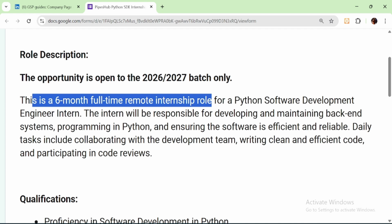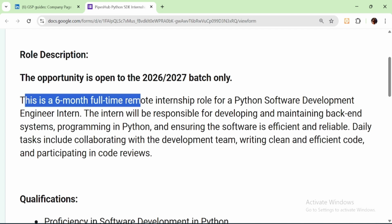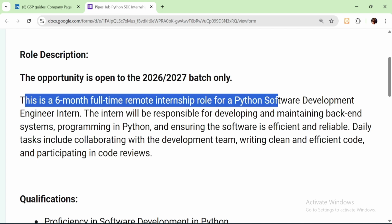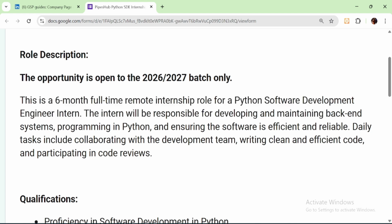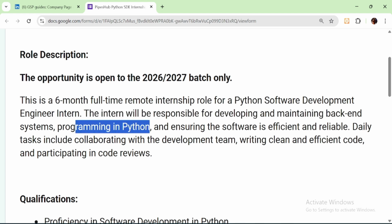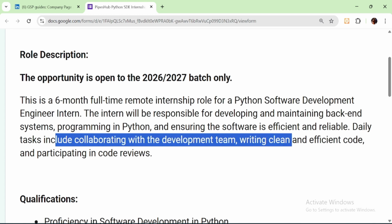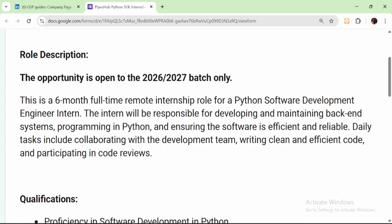You have to work from home from wherever you are comfortable. So this is a 6 months full-time remote internship role for Python software development engineering intern. Mainly the intern will be responsible for developing and maintaining backend systems. Programming in Python is required and ensure the software is efficient and reliable. They may give you daily tasks including collaborating with development team, writing clean and efficient code, and participating in code